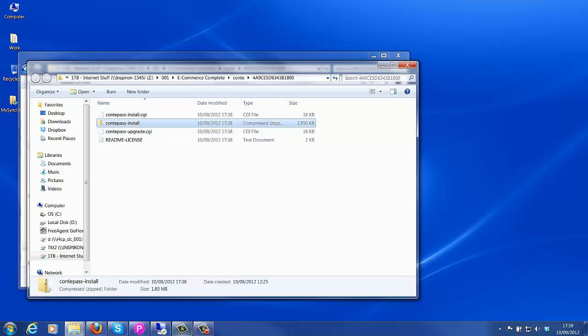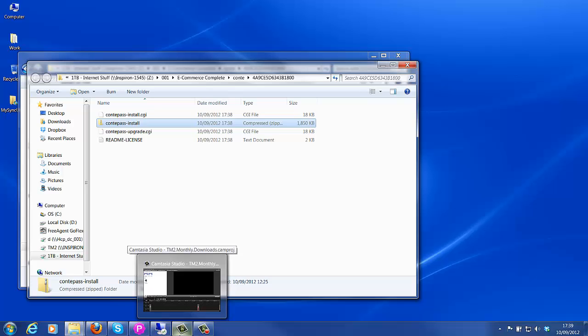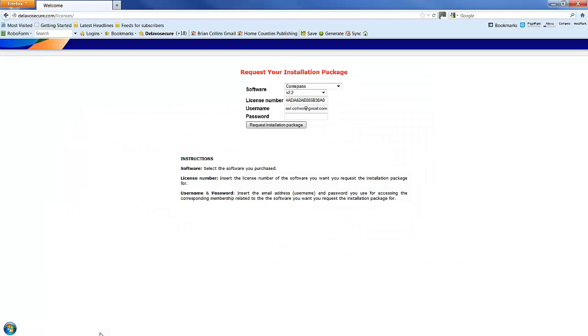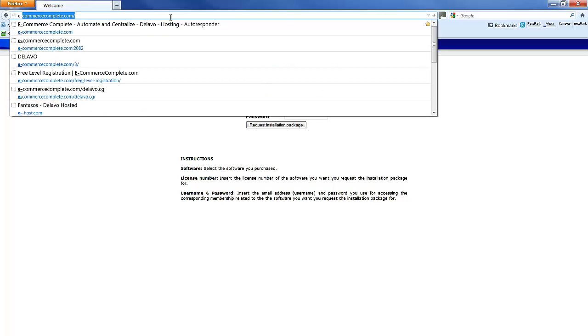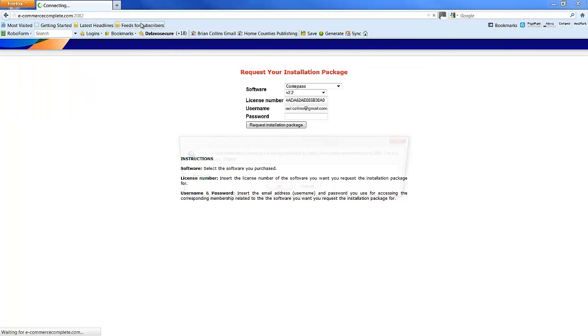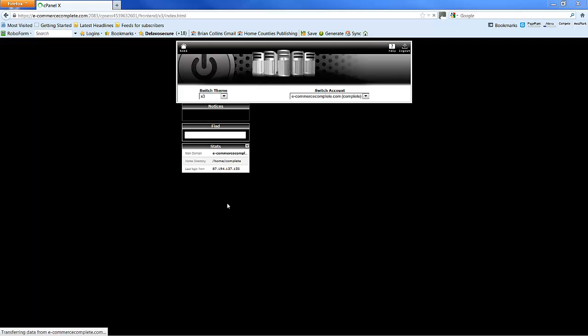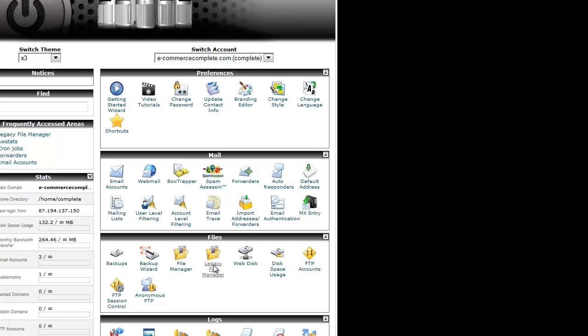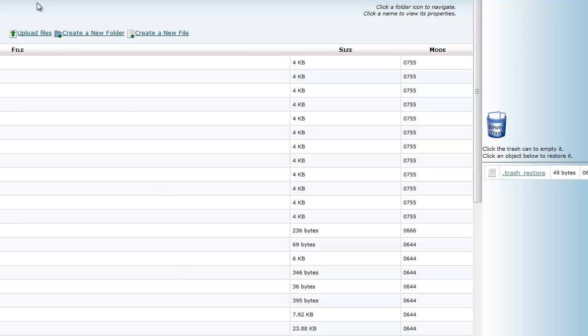So I'm just going to load up my domain. Let's go into the control panel of the domain, which is this one here that we're going to use for demonstration purposes. I'm going to use the file manager, and I'm going to upload those 2 files that we looked at,